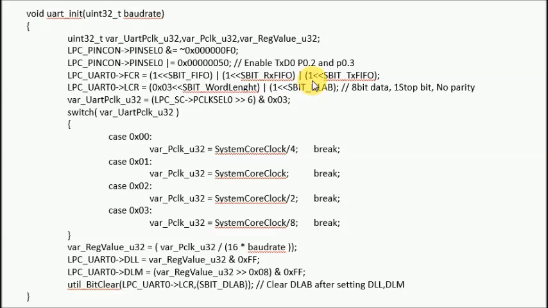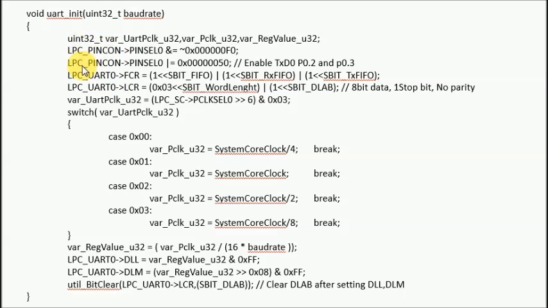One thing is that here 03 is written at that particular location, here 1 is written at that particular location, and it is written to the control register. So whatever value is loaded at that particular address, the S-bit address, is loaded into the LCR, because you remember here LPC_UART0, I am selecting UART 0.